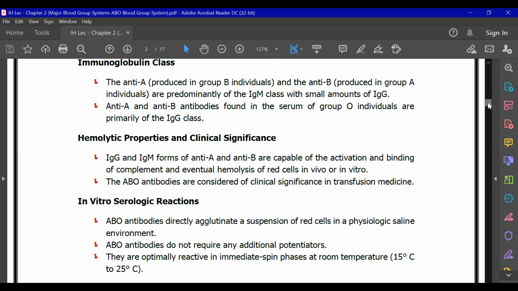So we have here hemolytic properties and clinical significance. Both the IgG and the IgM forms of your anti-A and anti-B are capable of activation and binding with complement, and eventually they have the capability to cause hemolysis of red cells both in vivo and in vitro. Okay, so the ABO antibodies are considered,